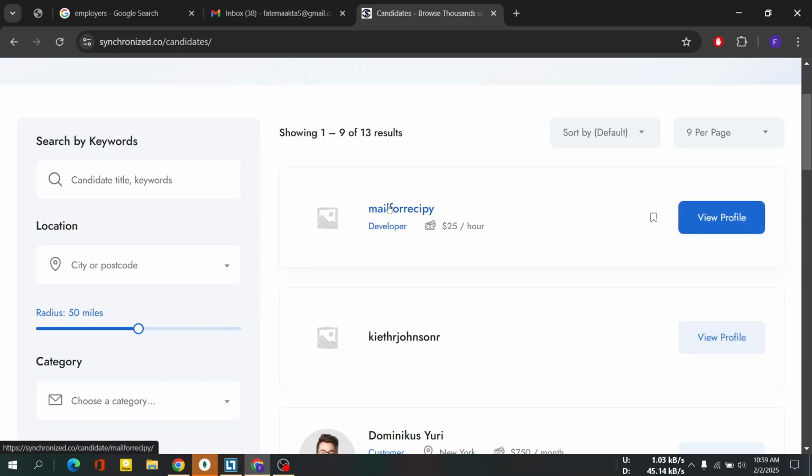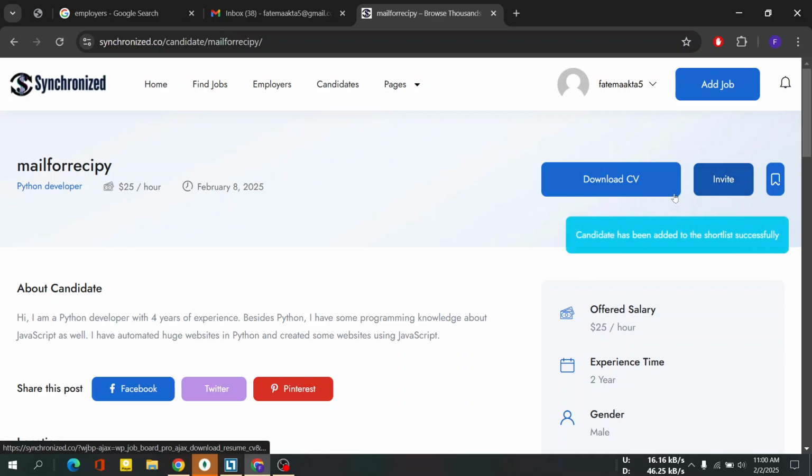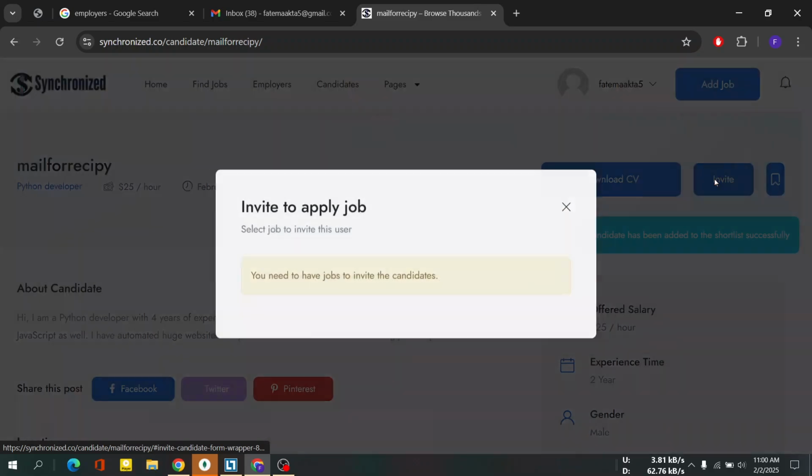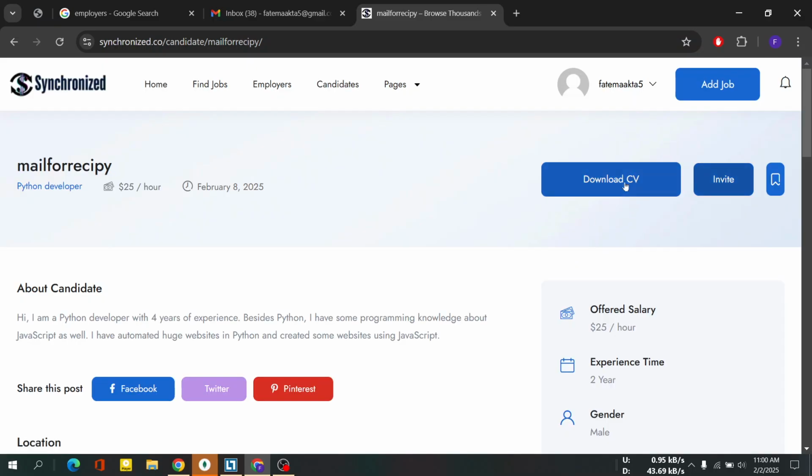We may follow a candidate, or invite for a meeting. We need to have some published jobs to invite a candidate, but I think we would be able to download